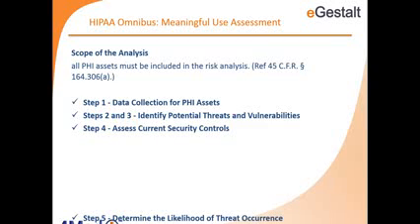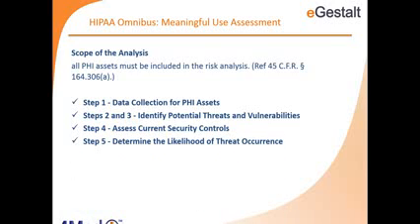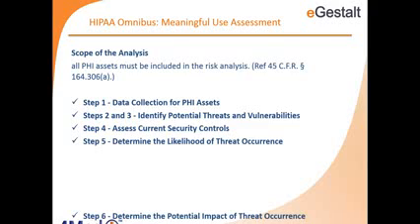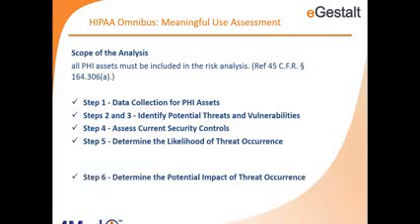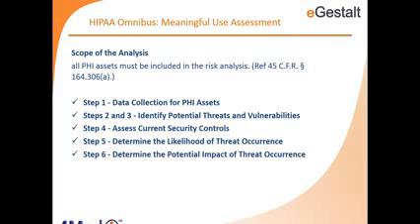So to assess the threats and vulnerabilities, it's important to understand where the current asset status lies. Once you have a picture of that for all the PHI assets, the next step is to figure out what kind of security controls are in place and how likely it is that a hacker or a malicious insider can compromise or steal the data. You go through a set of steps to evaluate those different questions, and you come up with a risk score that tells you the risk exposure, or the likelihood of a break-in happening, and how critical the risk exposure is.